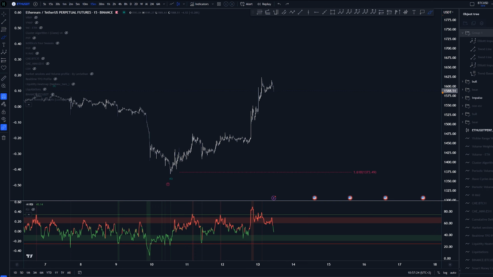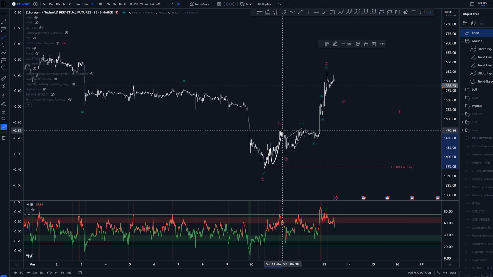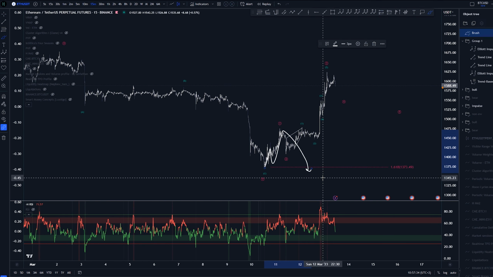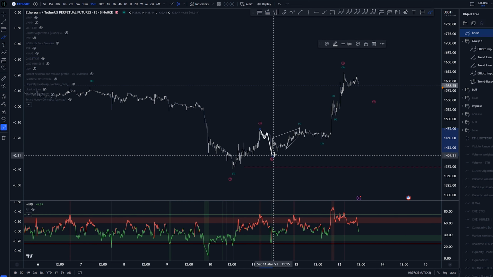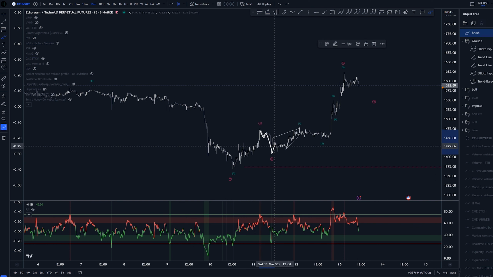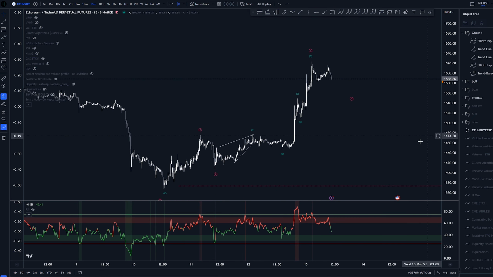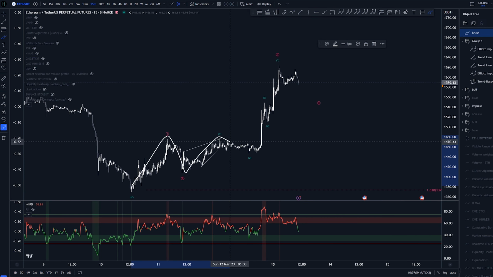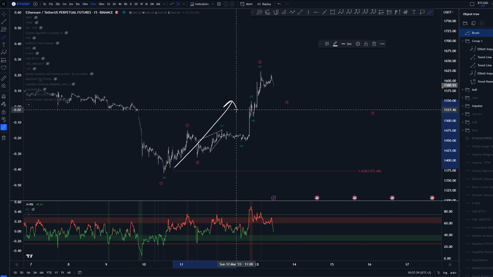So overall, how I would be labeling this at the moment is impulsive. Based on the previous structures that we had, again, this was more of a 3-wave, which indicated that, okay, we have a continuation to the downside, especially as we had this as a very large 3rd wave. Our 3rd wave looks like a 1, 2, 3, and we were expecting 4 and 5, but instead we got this pump up higher and we started to continue to the upside. Now at this point, again, I'm labeling this as a 1, 2, 1, 2. I don't really see any way of having this as a very corrective move upside.